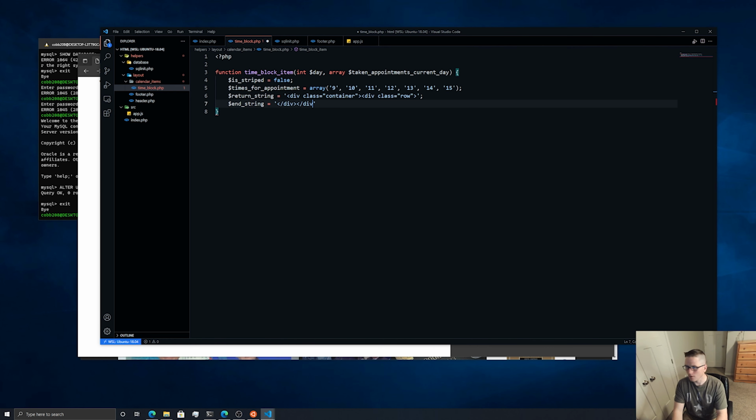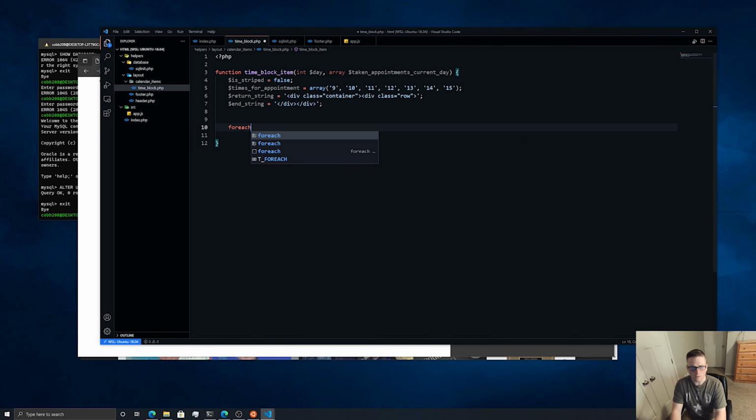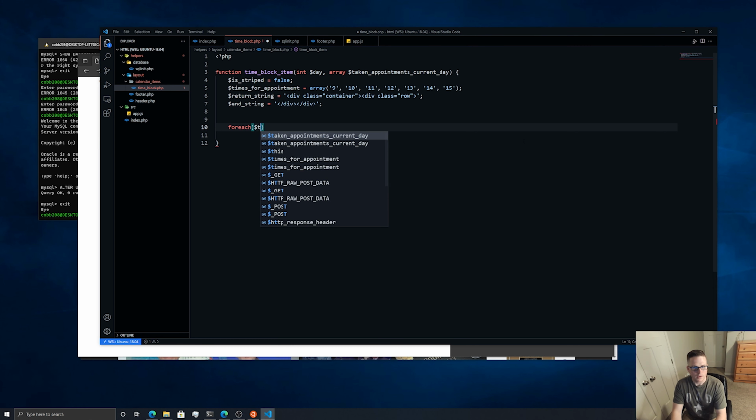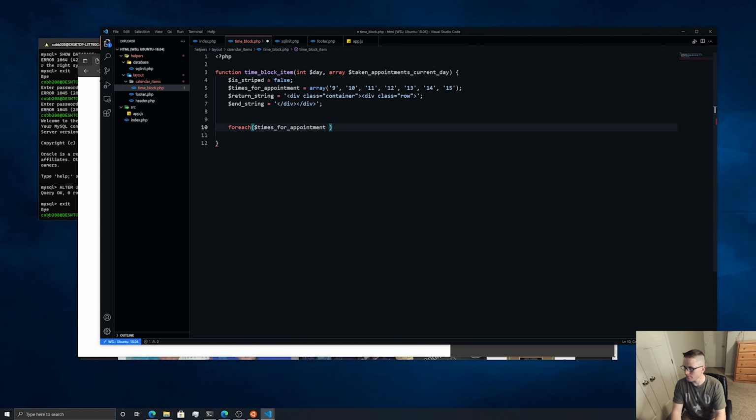So how I have this set up is we'll have our first string that's going to start everything, and then we'll have our end string. We're going to throw all of our information into the return string, glue the end string to it, and then return it. All right, so what we're going to do is iterate over all the times for appointments as time. And then inside of here,